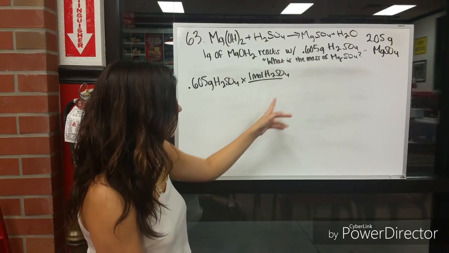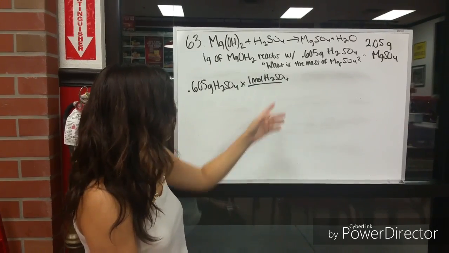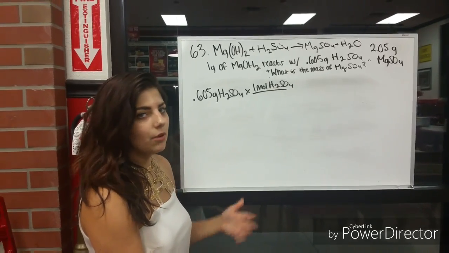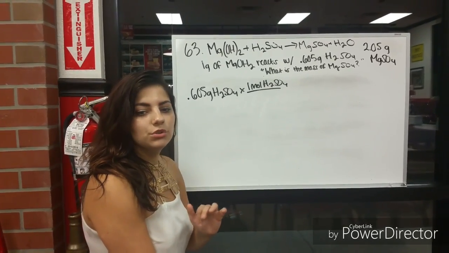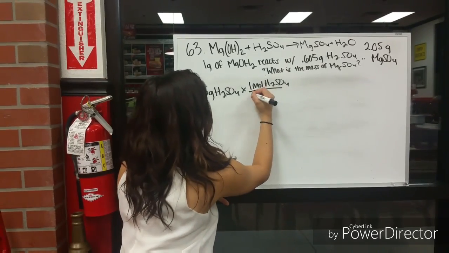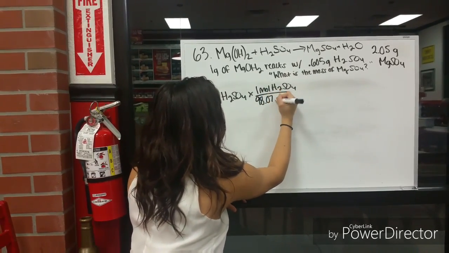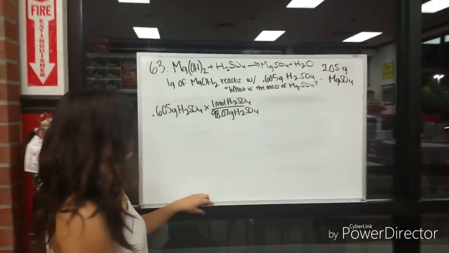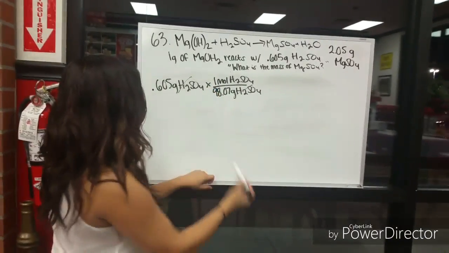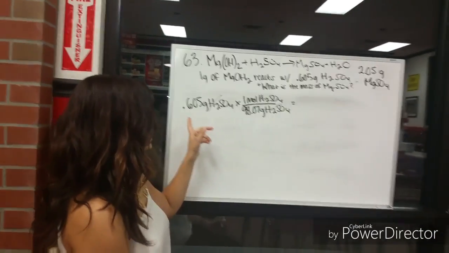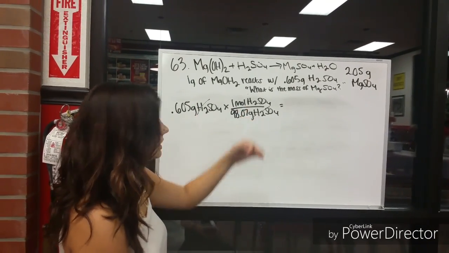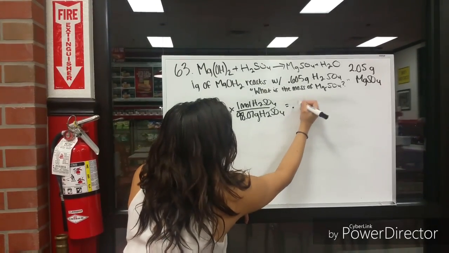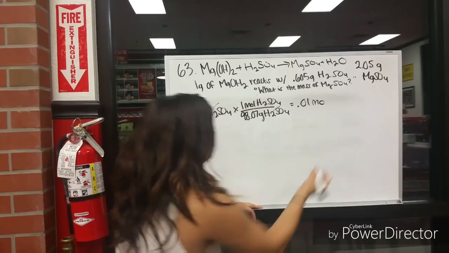So we put it into 0.605 grams H2SO4, and we want to get it into mole form. So we're going to put the mole on the top, and it's just going to be 1 mole H2SO4, and on the bottom we're going to have our molar mass. We get our molar mass by getting the numbers off of the periodic table, adding them together, and that comes to 98.07 grams of H2SO4. And these are both in grams, so they're going to cancel out. We're going to do 0.605 times 1, divided by 98.07, and that's going to give us 0.01 moles